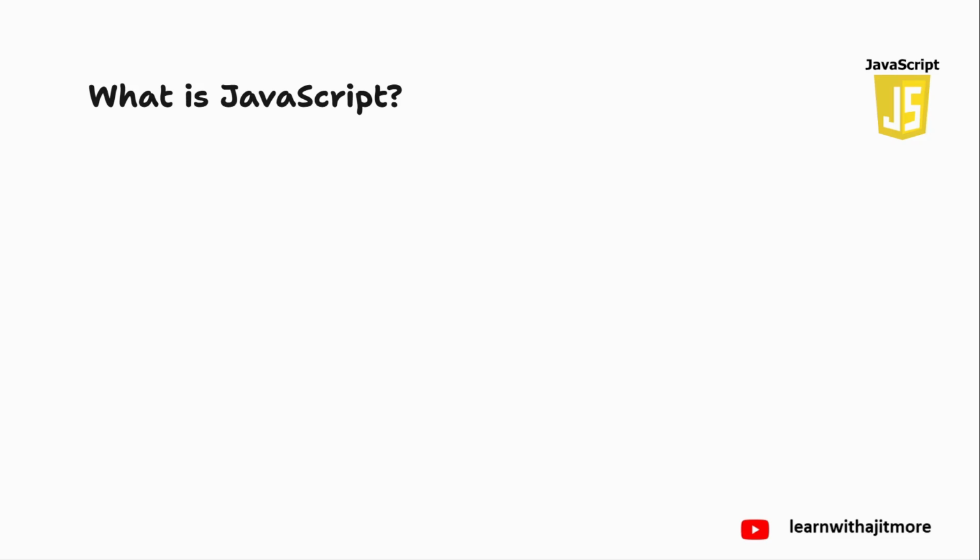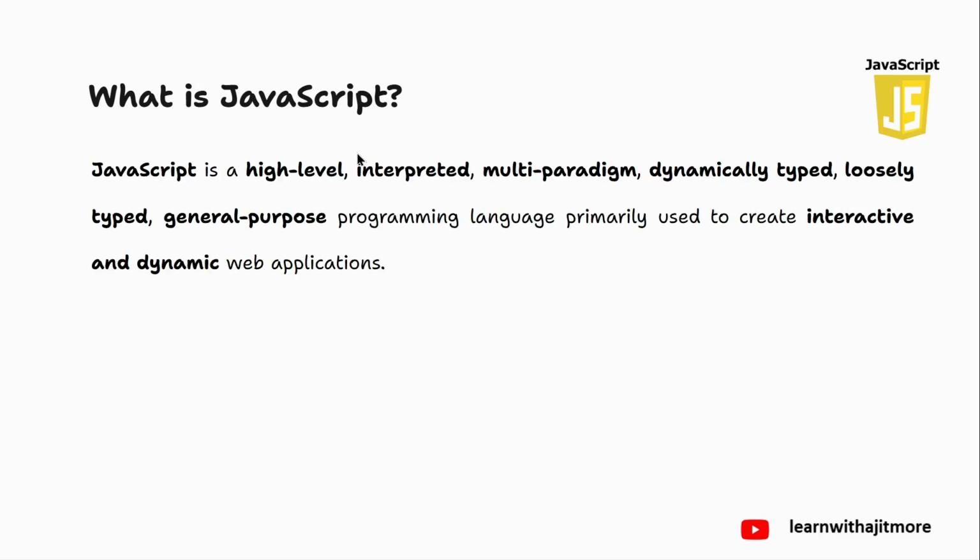And I hope you know what programming languages are. What we speak is called natural language, and the language of machines is called artificial language, or we call it formal languages. So programming languages come under formal or artificial languages. JavaScript is one type of such language. All those terminologies I'll tell you, don't worry. What is paradigm? What is multi paradigm? Everything I'll tell you. Dynamically typed, loosely typed,